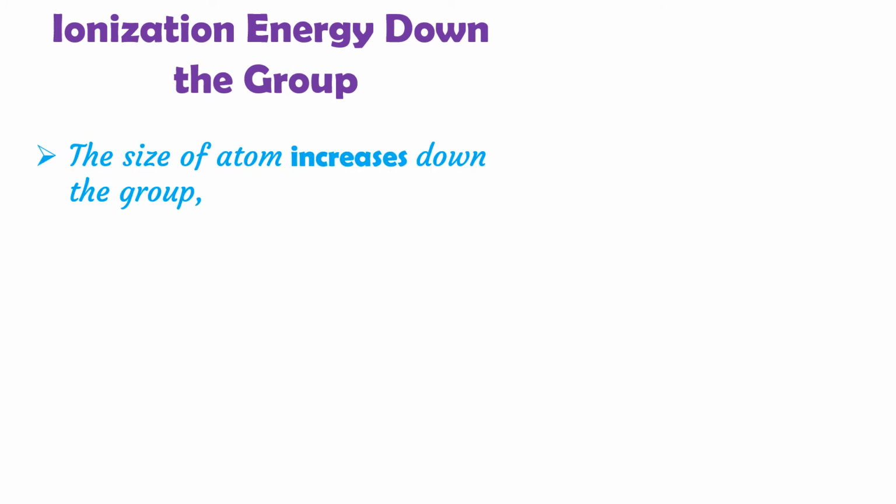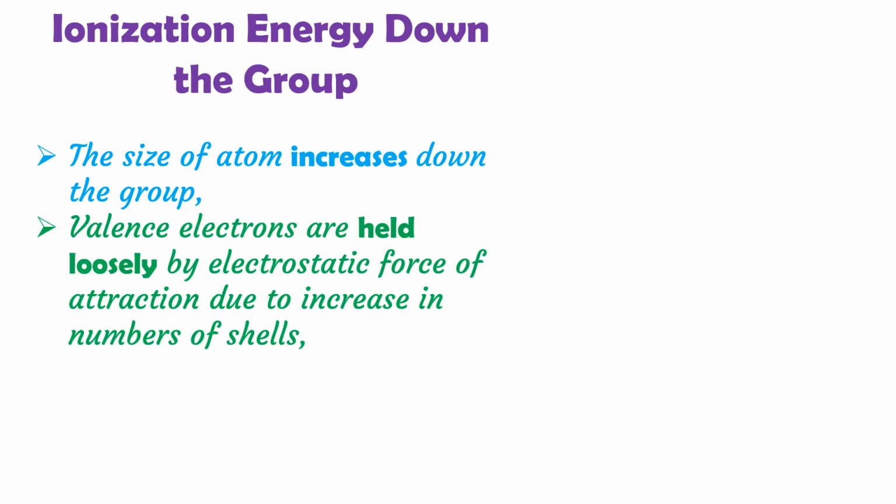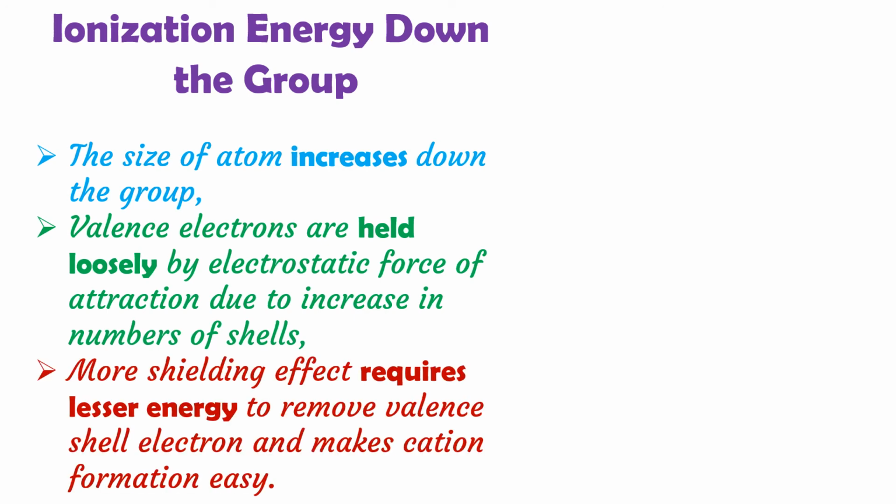Let's try to understand ionization energy down the group. Down the group, the size of atom increases. Valence electrons are held loosely by electrostatic force of attraction of the nucleus. Also down the group, there is more shielding effect due to greater number of shells. So, valence shell electrons become far away from the nucleus and it requires lesser energy to remove valence shell electron